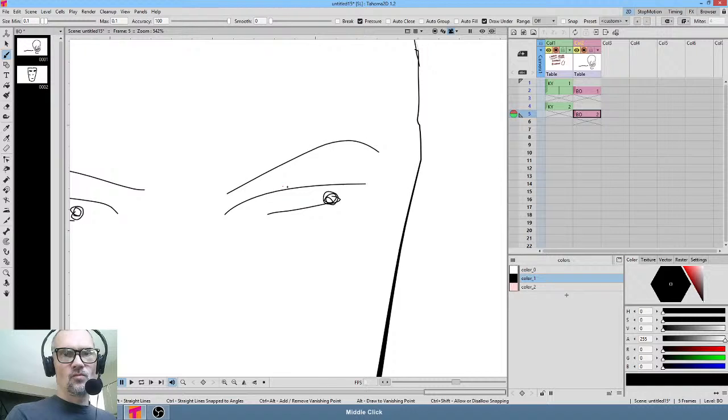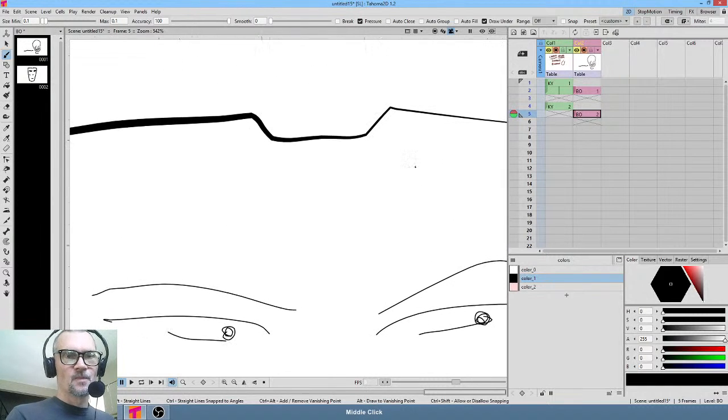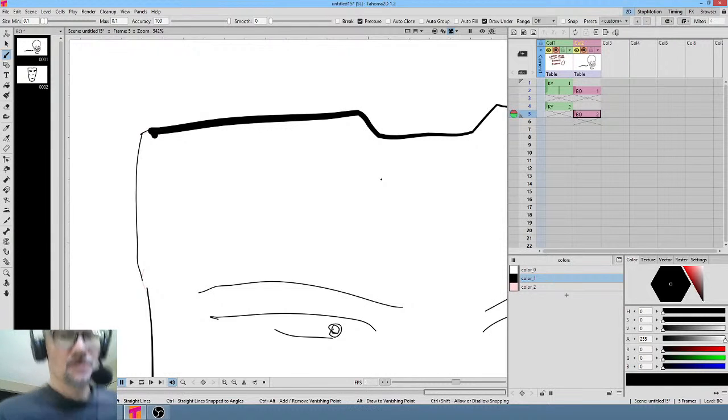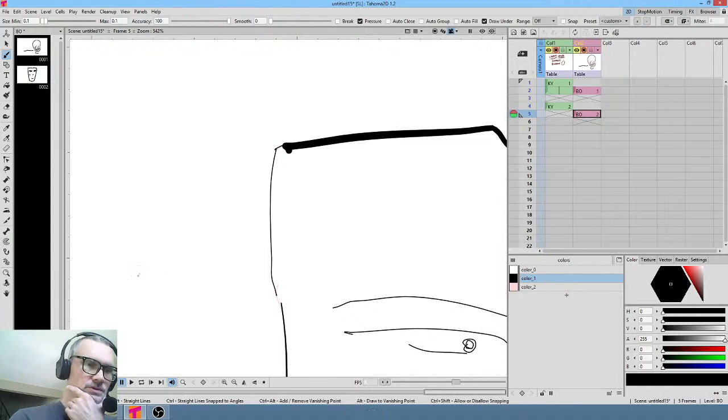Okay, so what I would assume is the following. And I'm speculating to a degree here, but basically here's the deal. When a vector shape will not fill, it's probably because